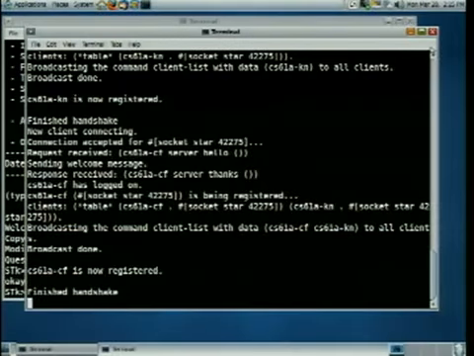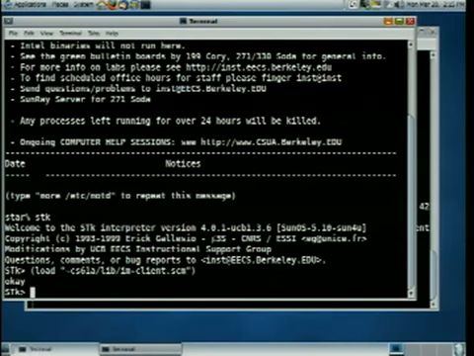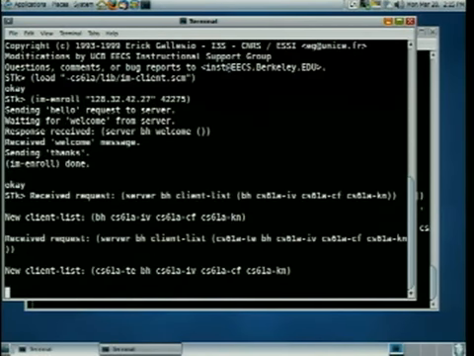Good, there's somebody. Here, let me sign on my other window. So I can say, oops, stop that. I am enroll "128.32.42.27", close quote, 42275. This one isn't in quotation marks because it's just an integer.